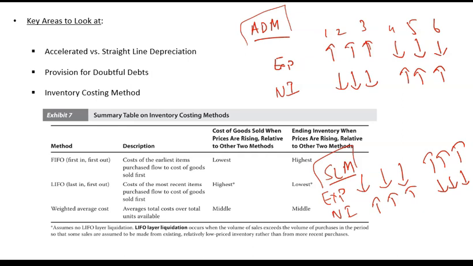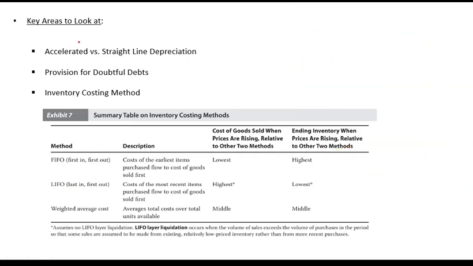Secondly, it will impact the taxation also. Why? Because tax is applied on income, so your taxes will also be impacted. Here net income will be lower, but your taxes will also be lower. Why? Because your income is lower, and if your income is higher, then your taxes will also be higher. Also, for tax management, companies may want to switch between the methods. So this is the impact of methods.